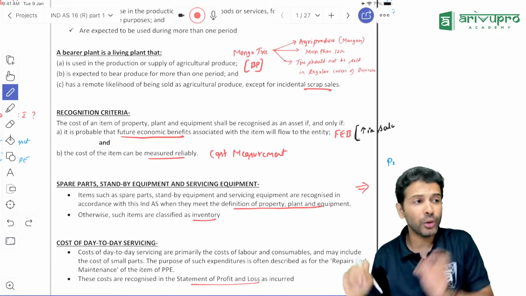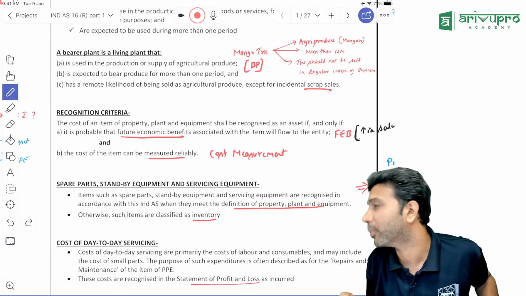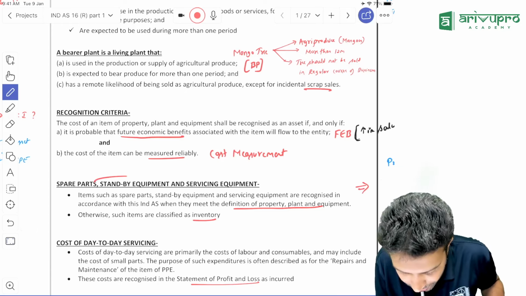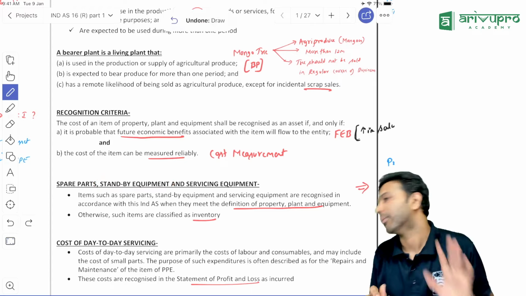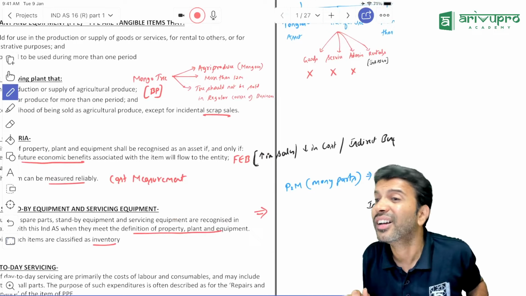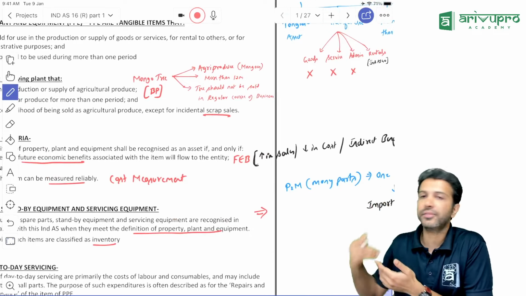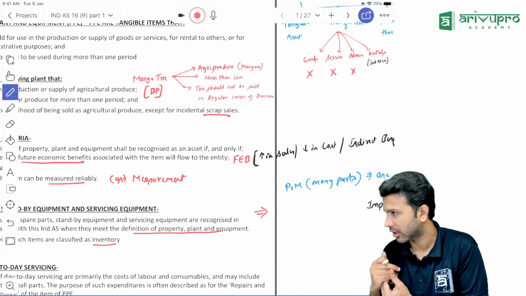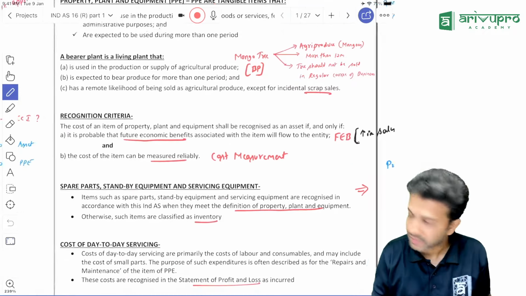Now, is that generator a property, plant and equipment? That generator only we call a standby. Standby equipment means we will use it only if required. Here the requirement being if there is a power cut, then only we will use it. So standby, that's nothing but